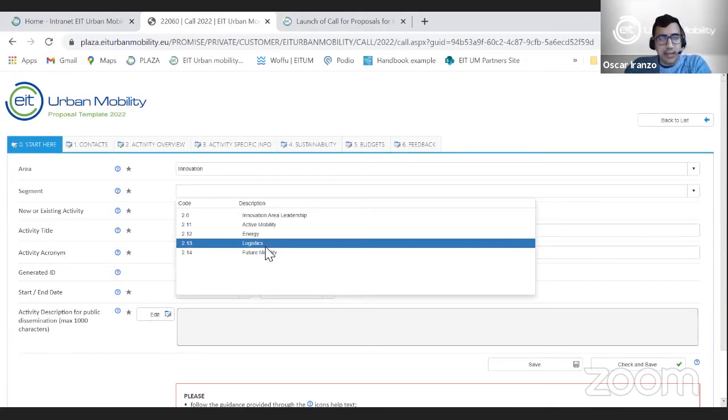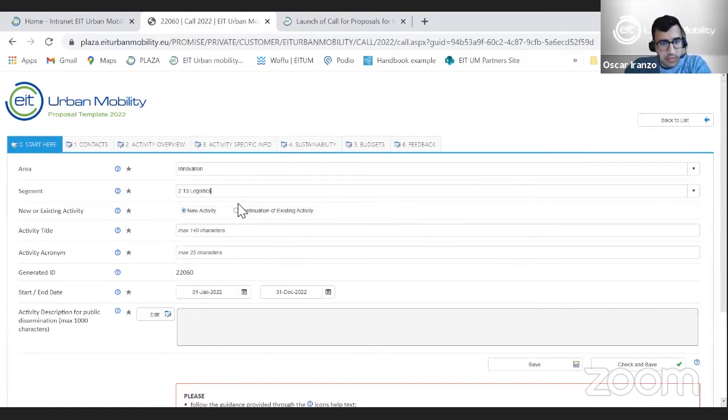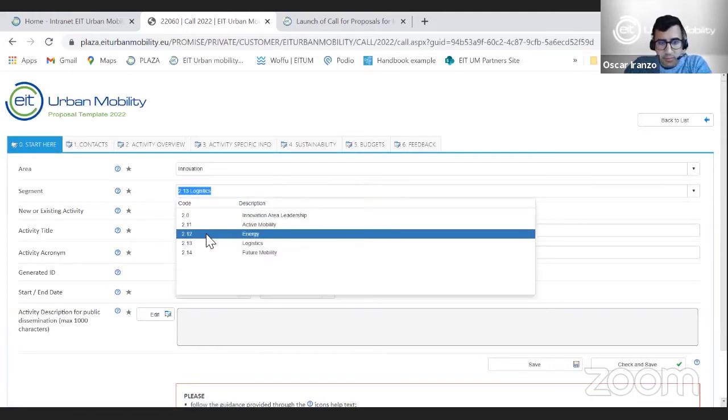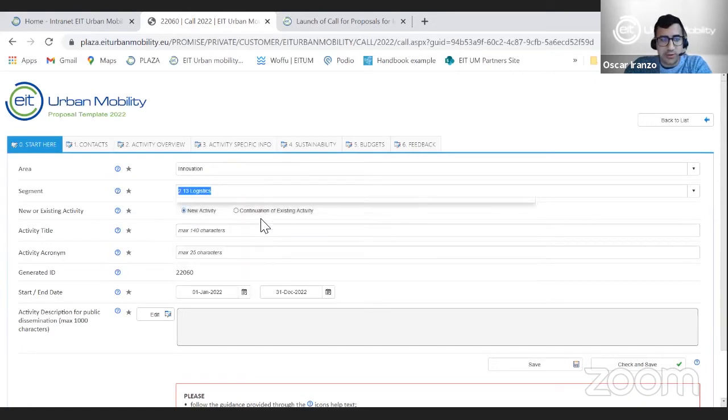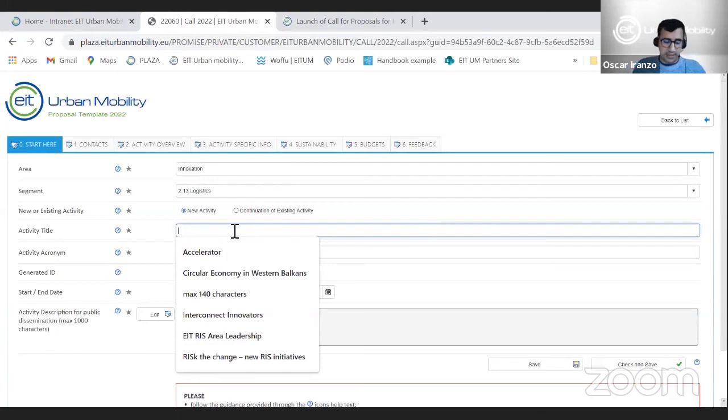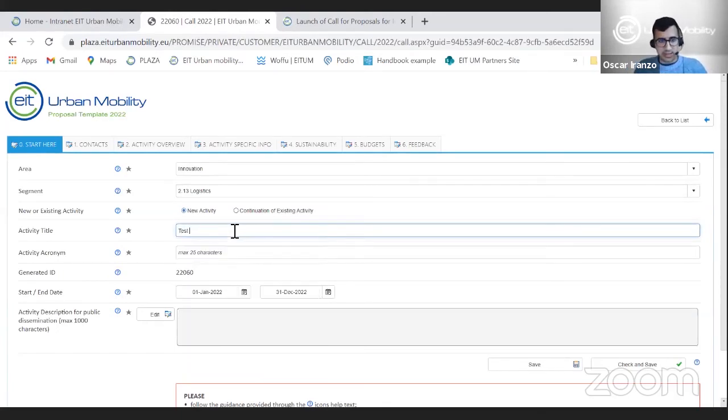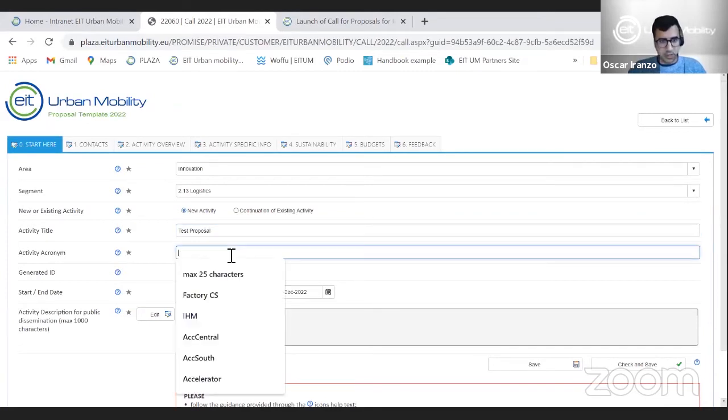Then innovation has different segments for their thematic proposals. Let's say I want to submit for logistics. And please don't bear in mind the coding for these proposals. This is just for internal purposes. Just focus on the title of each segment. So as I said, logistics, I give my activity, my proposal a title, test proposal, an acronym,